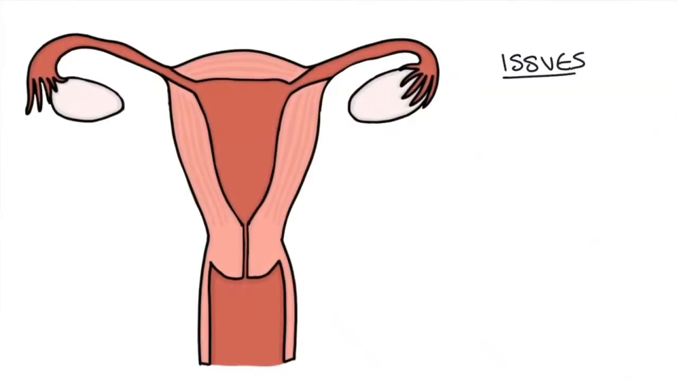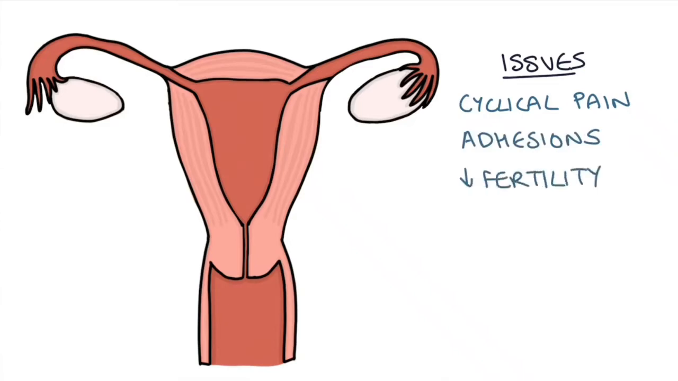The other issue, other than a cyclical pain or this chronic non-cyclical pain related to adhesions, is that some women with endometriosis can struggle to become pregnant. However, it's important to remember that having endometriosis doesn't necessarily lead to reduced fertility. We're not really sure why some women with endometriosis struggle to get pregnant, but it could be due to adhesions